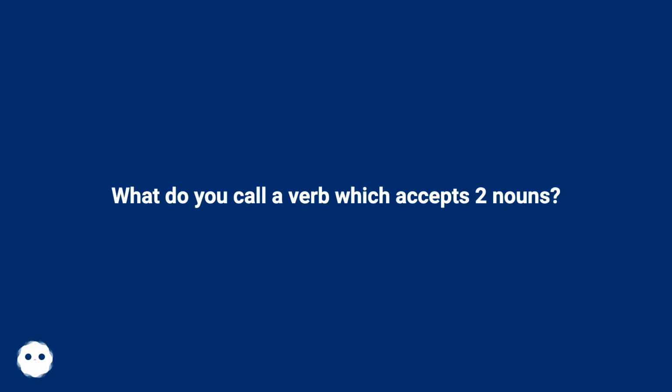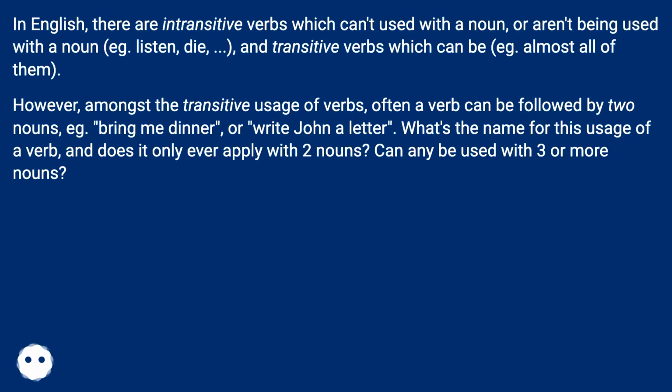What do you call a verb which accepts two nouns? In English, there are intransitive verbs which can't be used with a noun or aren't being used with a noun, for example, listen, die, and transitive verbs which can be, for example, almost all of them. However, amongst the transitive usage of verbs, often a verb can be followed by two nouns,